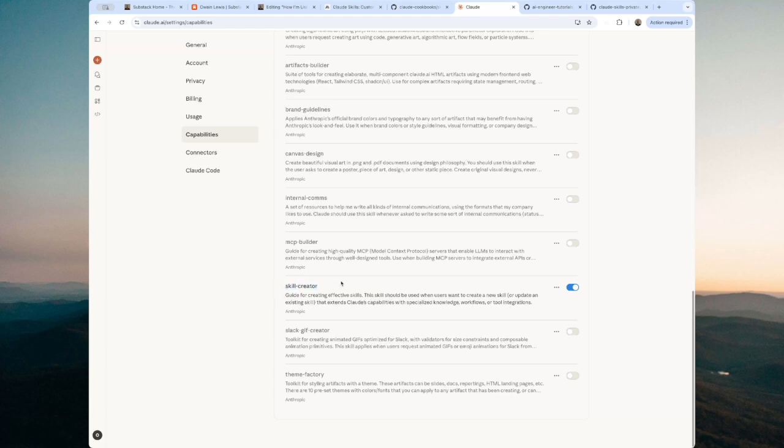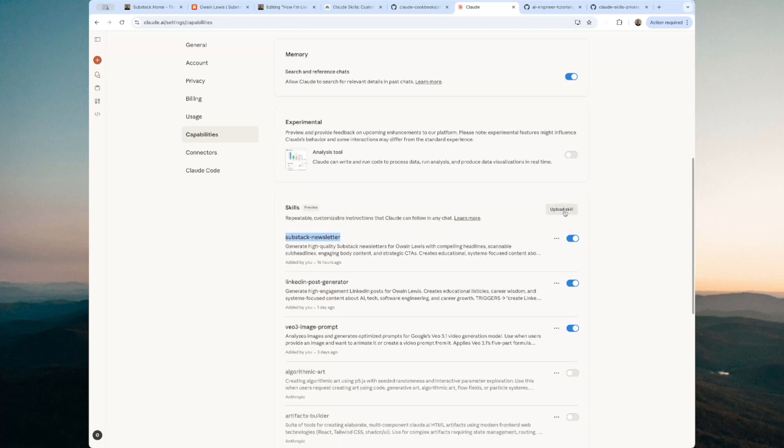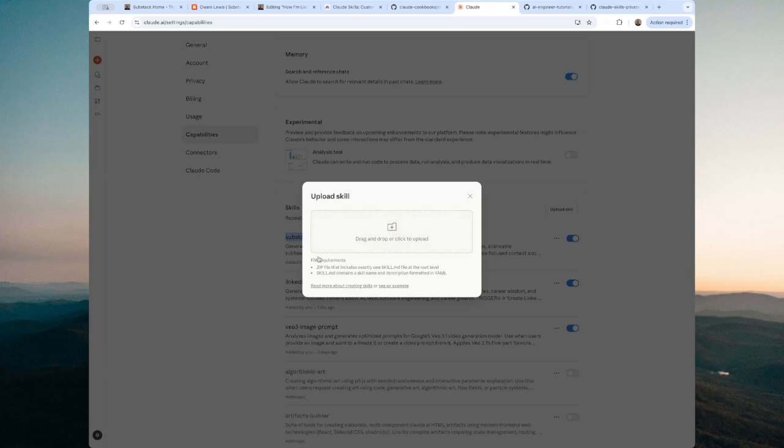This is really, really powerful. You can just go to Claude and you can say, please make me a skill to write documents. And then you can give it your writing examples and your context, and it will help you build that skill. I have a couple of skills here that I've added myself. So I have a LinkedIn post generator skill, a VEO3 image prompt generator skill, and a newsletter writing skill as well. And you can click on here, you can upload, you drag in a zip file, and then it will